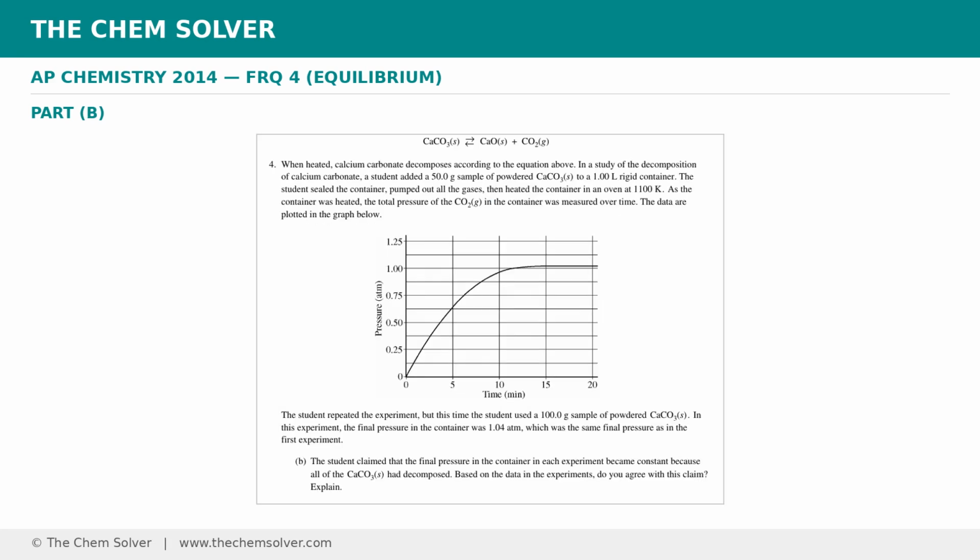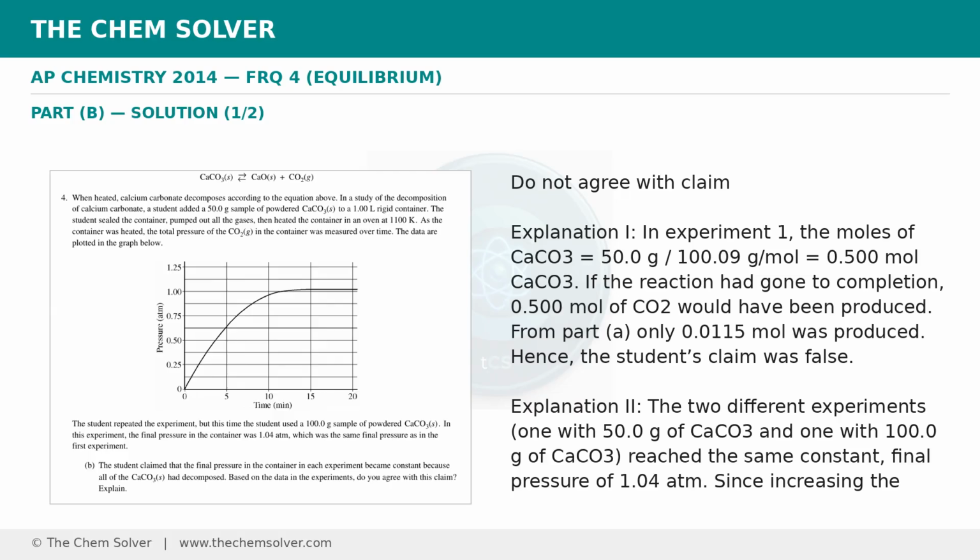The student claimed that the final pressure in the container in each experiment became constant because all of the CaCO₃ had decomposed. Based on the data in the experiments, do you agree with this claim? Explain. Do not agree with claim. Explanation 1. In experiment 1, the moles of CaCO₃ equals 50.0 grams / 100.09 grams per mole equals 0.500 moles